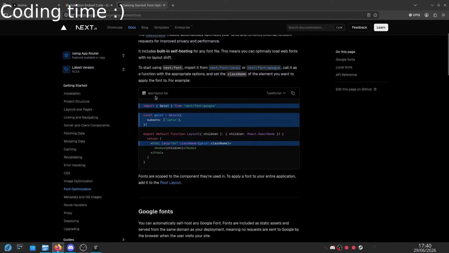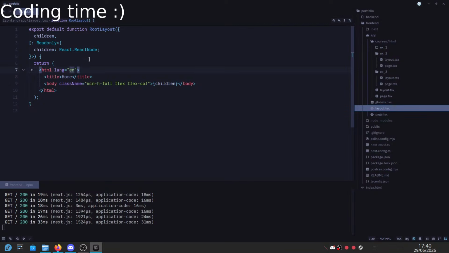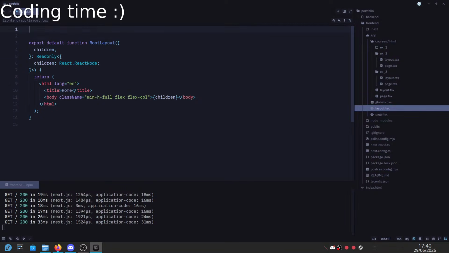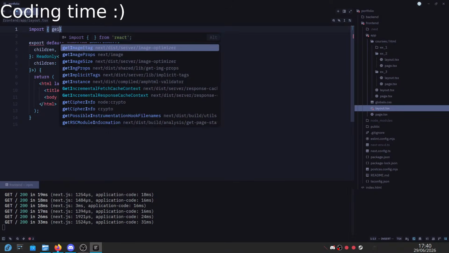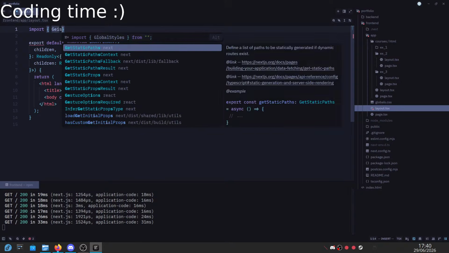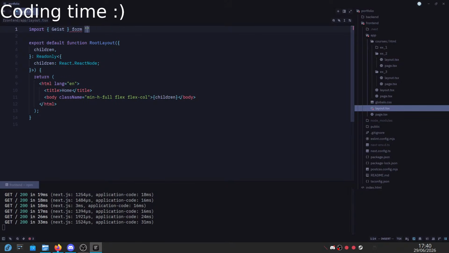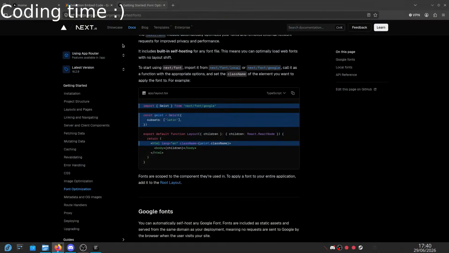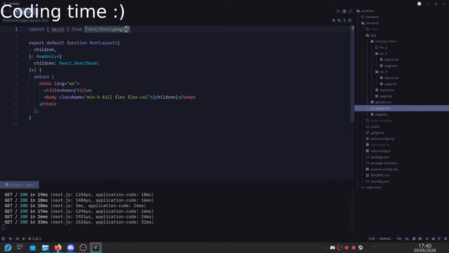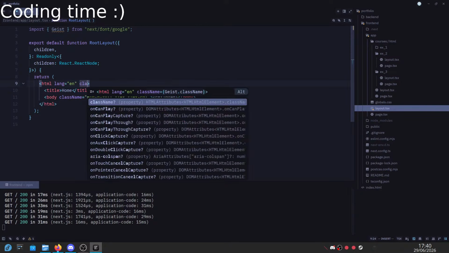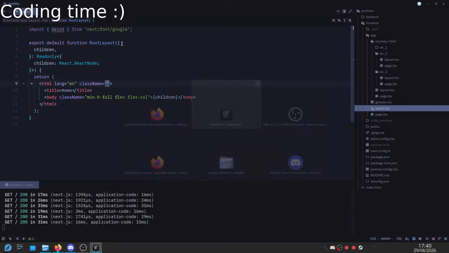So, layout.tsx. It's hard though. We have import case from the... case we have first name,